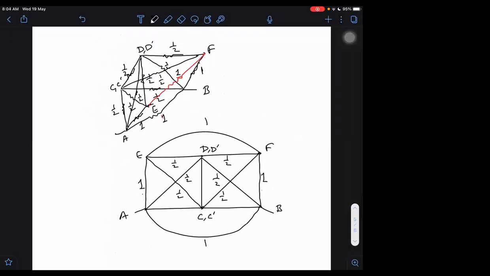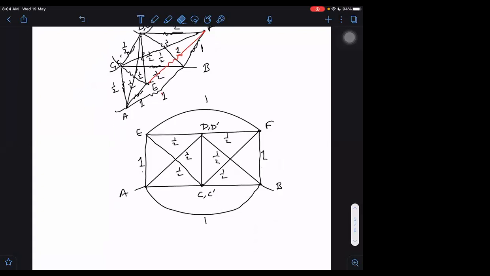And you know what happened to one resistance here? Symmetry. Are you aware of this thing? One resistance became like this, because there was one resistance between C and D. When C and C dash, when I connect them, then it became like this. There is no current flowing through these. I can just remove these resistances, which are between C and C dash and between D and D dash.